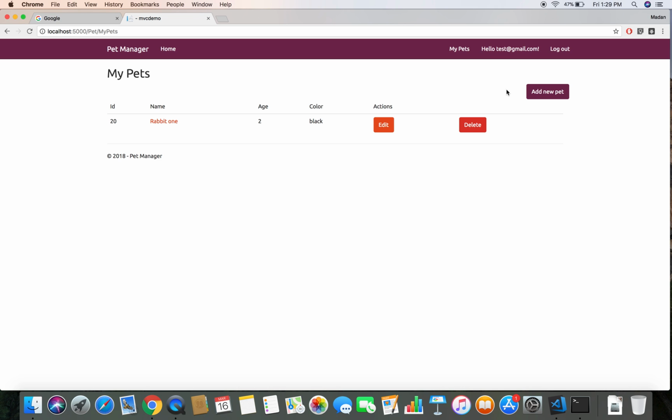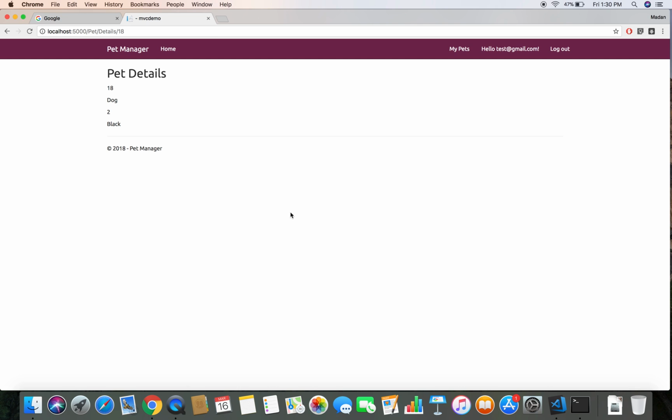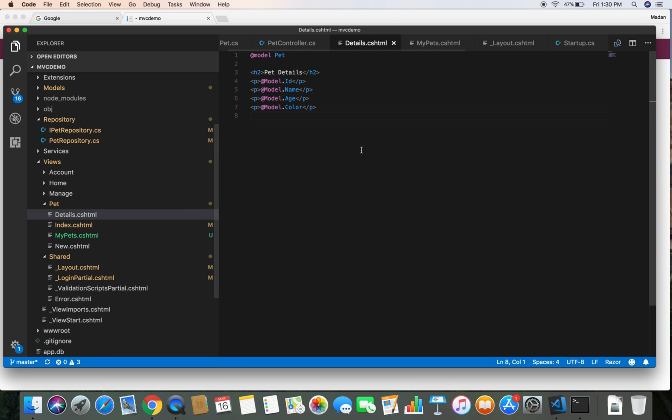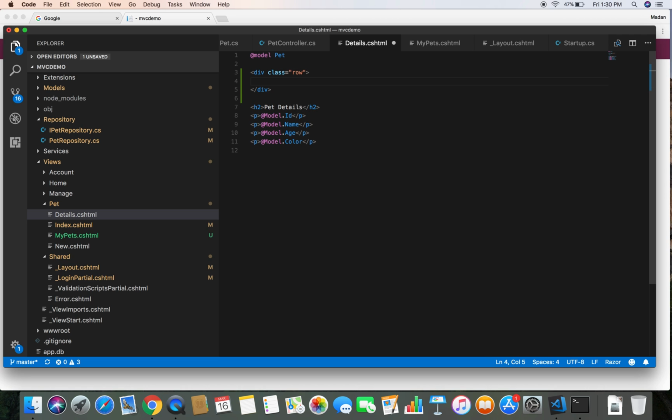And the next thing I want to do is add a new button. Actually not here, I want to add a new button to the details view of the pet. So let's head over to the pet details page, and let's add a new button here. Let's add a new row here, div class equal to row, and let's add a new button, class btn btn-primary, and let's pull right,